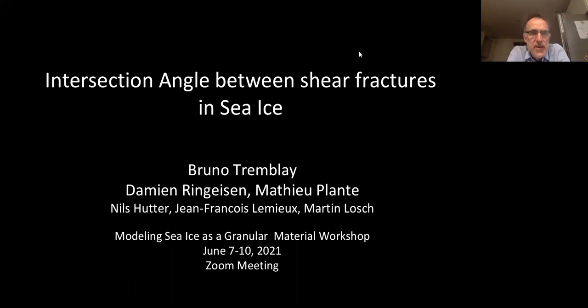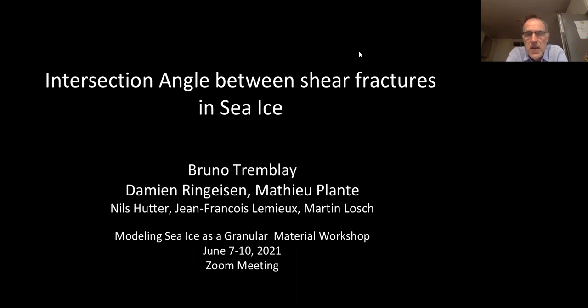The title of this presentation is Intersection Angle Between Shear Fractures in Sea Ice. The main message of the talk is that the current sea ice models used in the community overestimate the intersection angle between shear fractures in the pack ice. Now, in the context of the standard viscous plastic model, this is expected from theory and also from simulation that